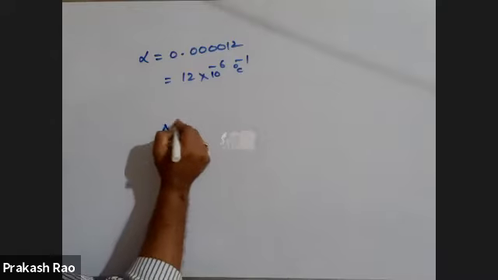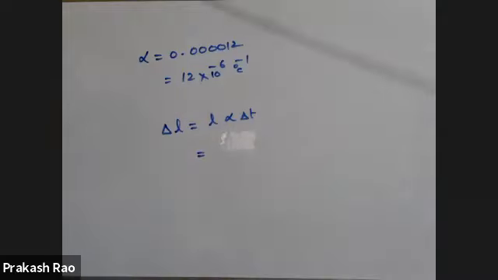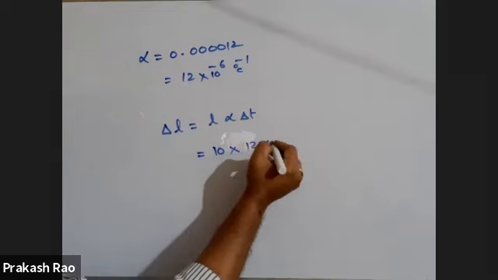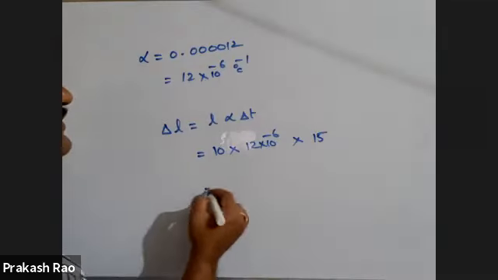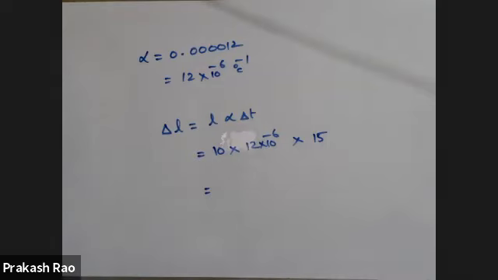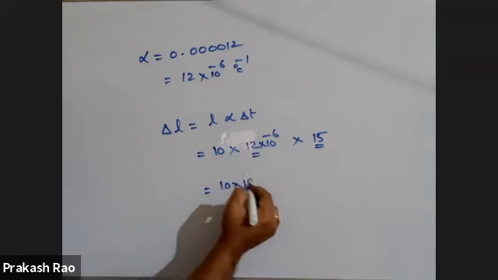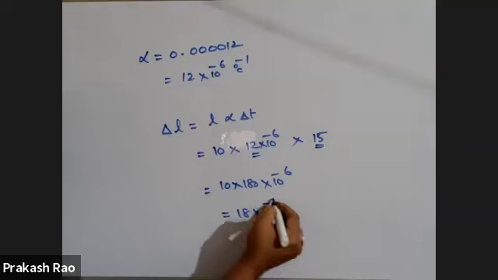between two successive rails: delta L is equal to L alpha into delta T. L is given how much? Length of each rail is 10 meter. Alpha you got as 12 into 10 power minus 6, and temperature difference is given as 15 degrees centigrade. That's all. This will become 180. It is 10 into 180 into 10 power minus 6, 18 into 10 power minus 4